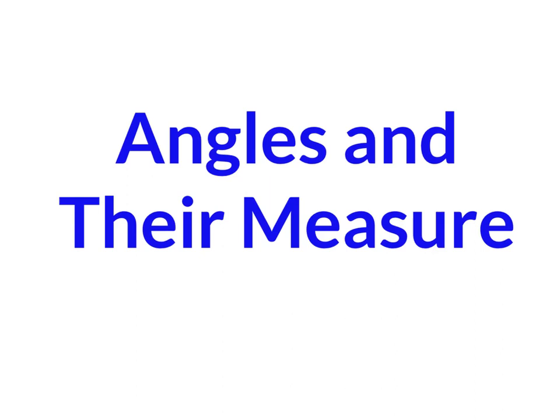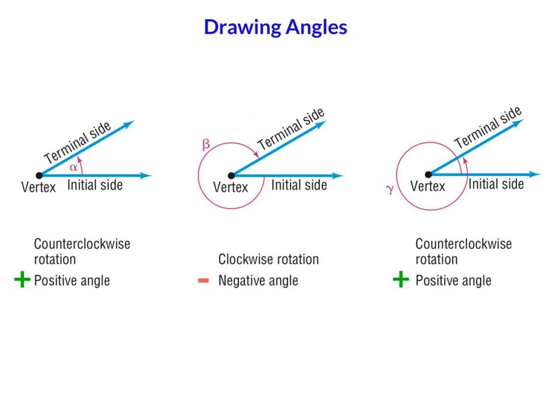In this video, we're going to talk about angles and their measure. Some key vocabulary when we talk about angles are the following. So every angle starts from a vertex. So that's this point right here that contains the two sides that make up the angle. So the starting side is called the initial side, and then wherever it terminates or ends is called the terminal